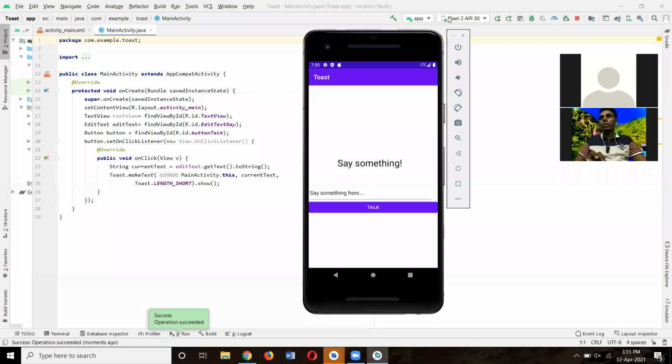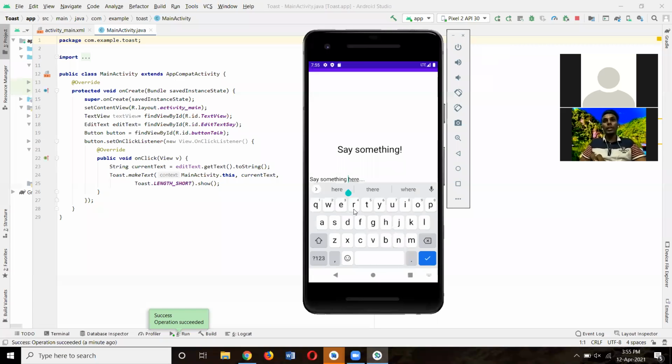Okay, this is the output of the toast. The text view is "Say something." "Say something here" is the edit text.